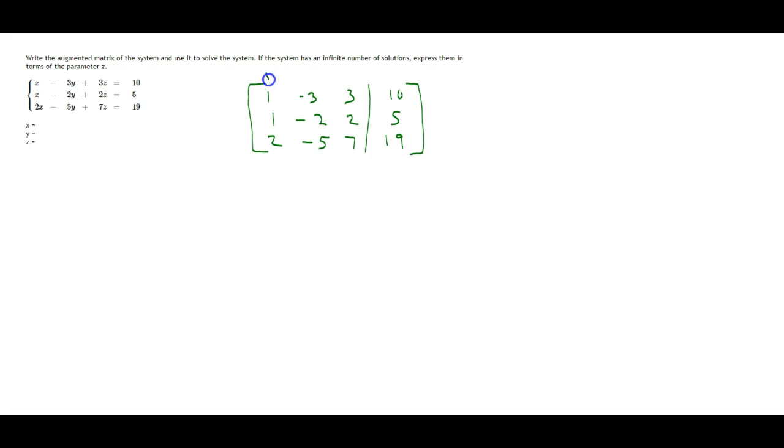Now remember, these were the x's, these are the y's, and this is the z's. And that's going to be helpful once we get our answer. So now, from here, I'm going to use my calculator. And I'm going to use the rref that we have, if it will let me. Hold on here. rref on my calculator. So let me bring up